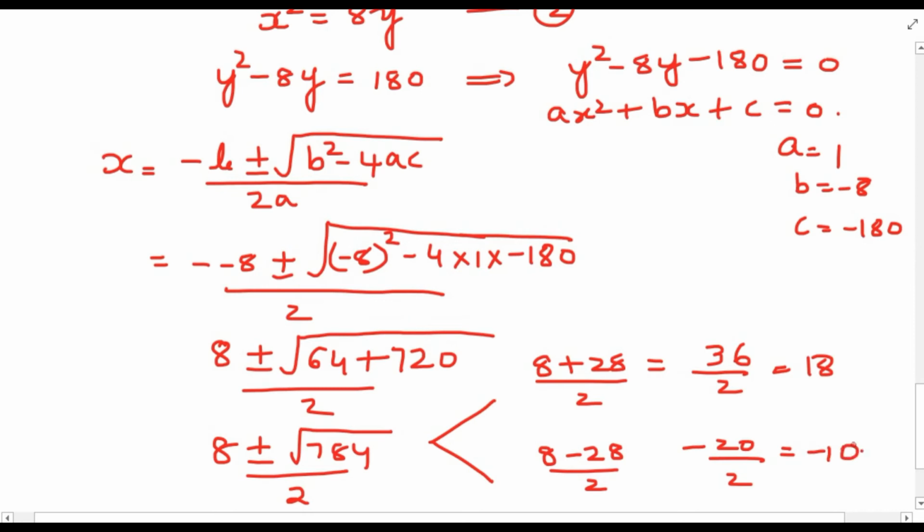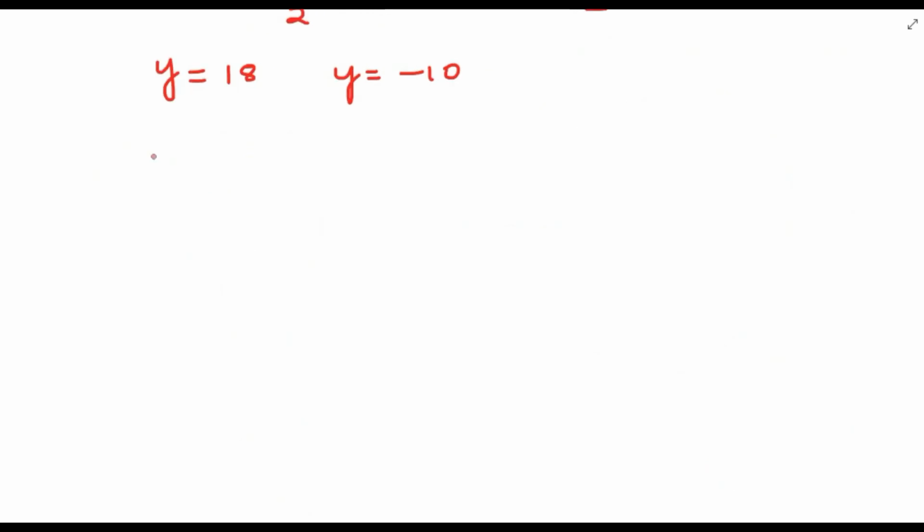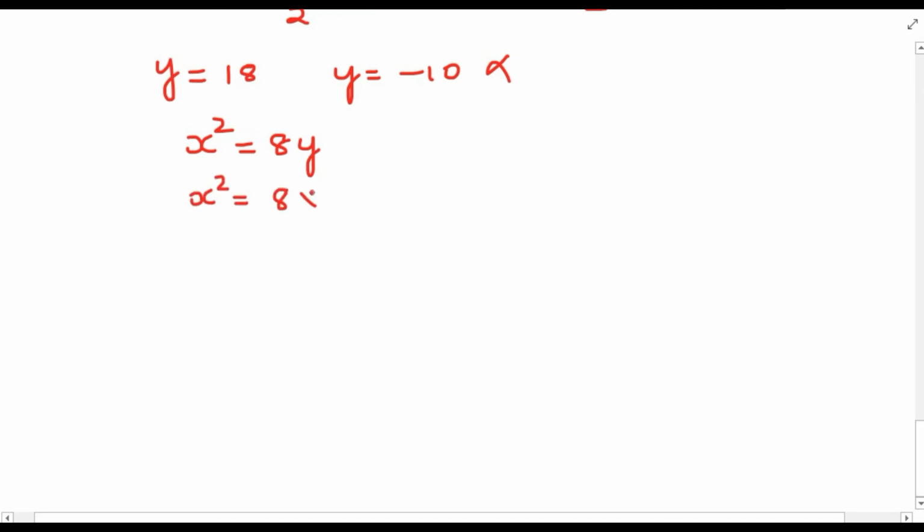is minus 10. So the numbers are, one number we got as 18 and the smaller number is 8 times the larger number. So we got the value of y as 18 and y is equal to minus 10. This is rejected. So if y is 18, we have taken x square is equal to 8y. X square is equal to 8 into 18. X square is equal to 144,